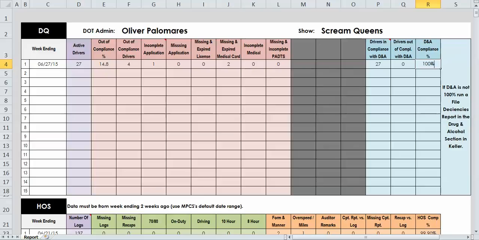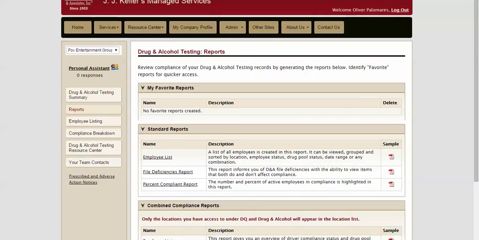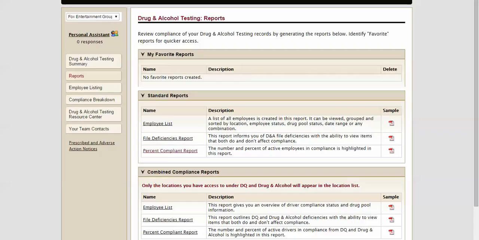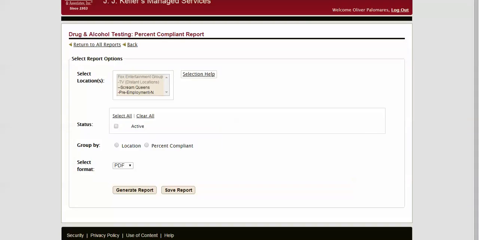And that is what we need to enter right here. This completes the report. You will then email this to my attention, please, every Monday when it is convenient to you. Should this percentage right here not be at 100%, we are needing you to run a file deficiency report under the drug and alcohol section. Just to point that out for you so we are all on the same page. You would go and run the percent compliant report, my apologies,